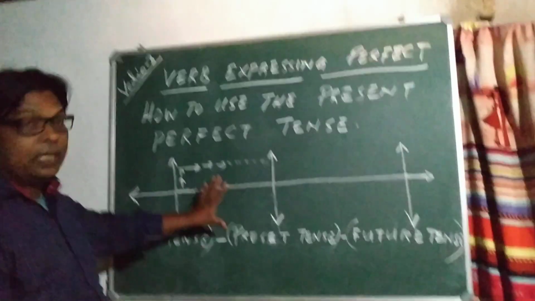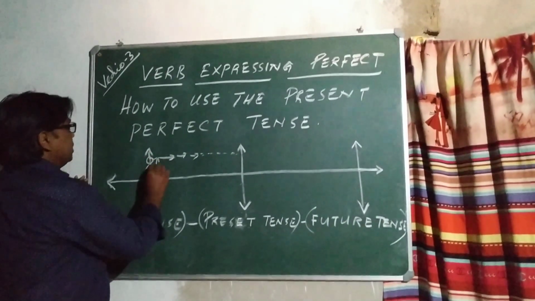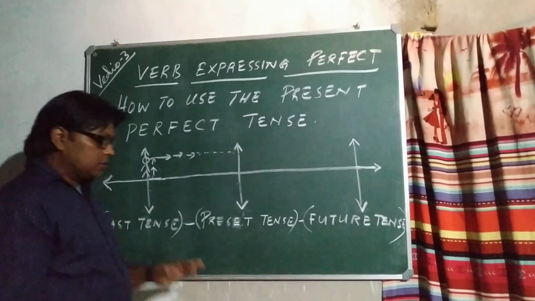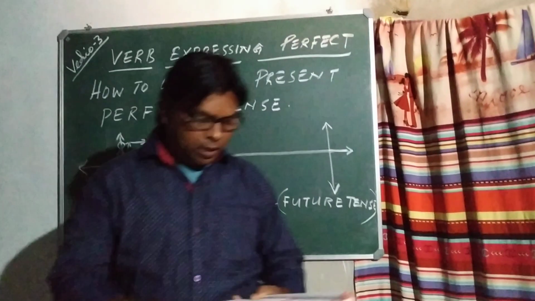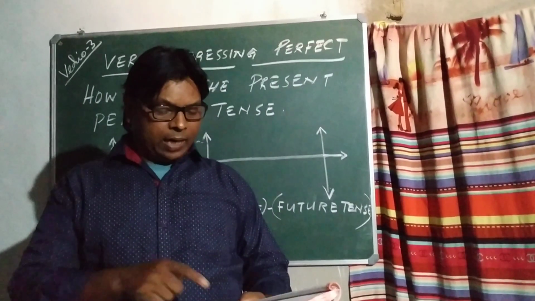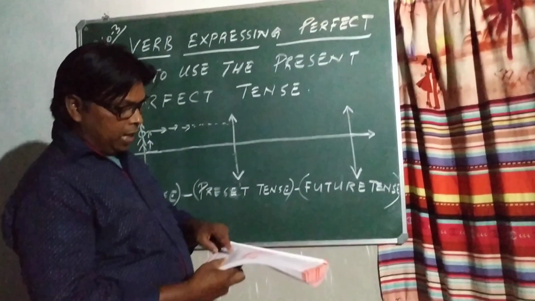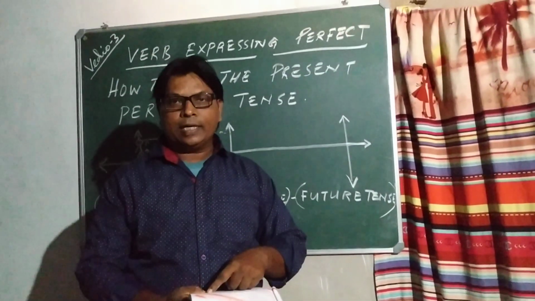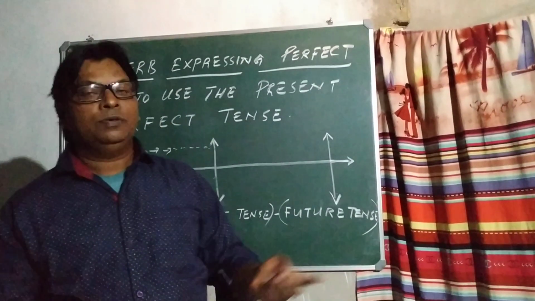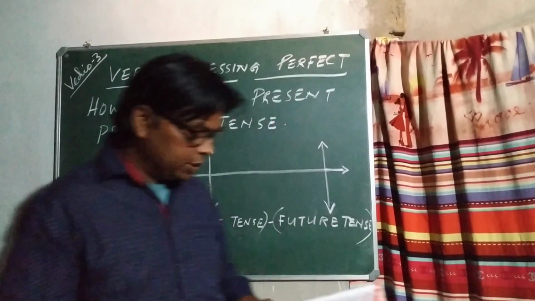You see the graph. I am making the graph for your understanding: the action already began here, the person began here, but the action is not yet over. That is the third point. For example, we have waited for a long time. We have waited for 3 days. We have waited for 1 month. That means the waiting is not yet over.